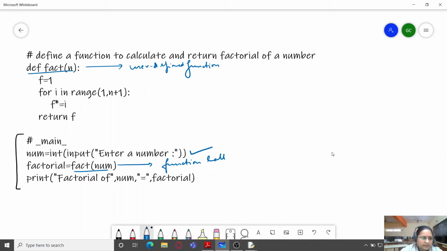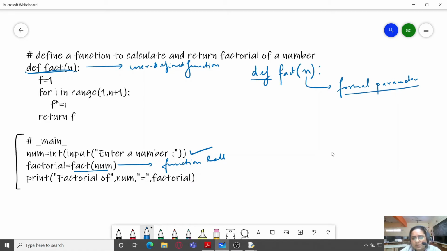So when we are defining the function, and within this we are providing the name of the function along with the list of arguments, this is known as a formal parameter, which is provided at the time of function definition. When you are defining the function using the def keyword and you are providing a list of parameters within these parentheses, these are termed as formal parameters.